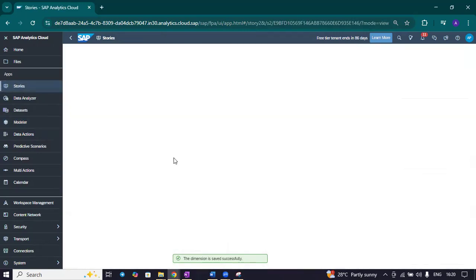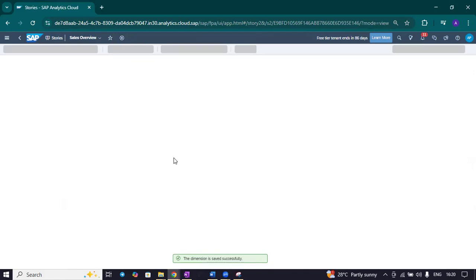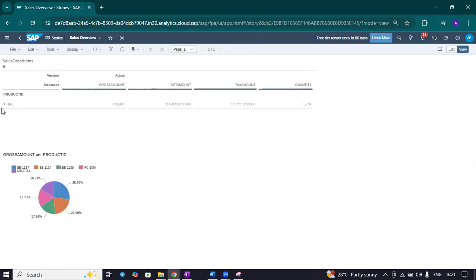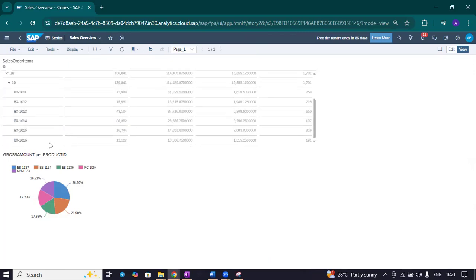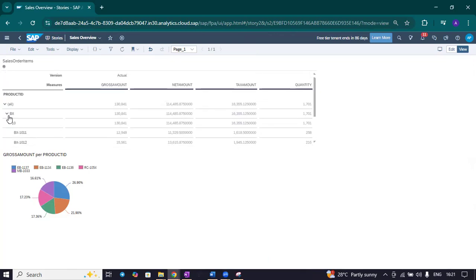Open the sales overview. Now let's expand this. You see, it's not showing anything, only assigned values, wherever these are available in hierarchy, these nodes,